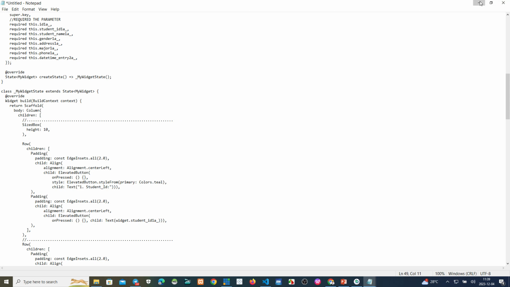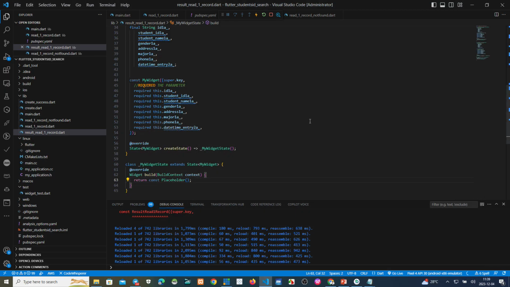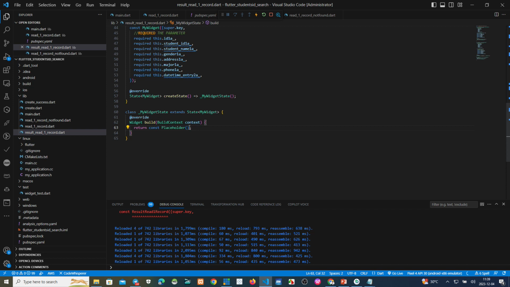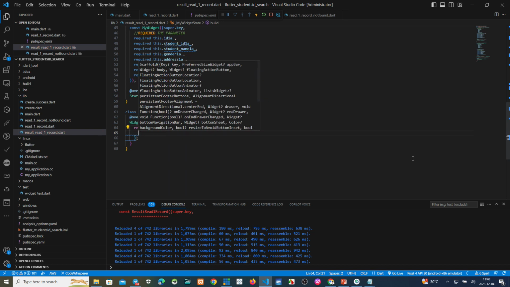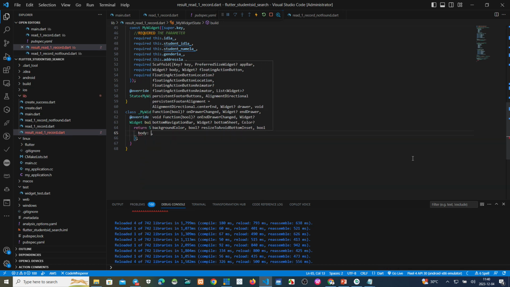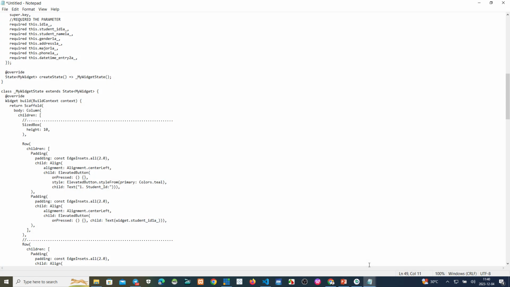Return Scaffold. This one body. We make this a column.